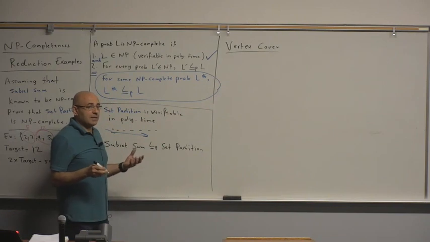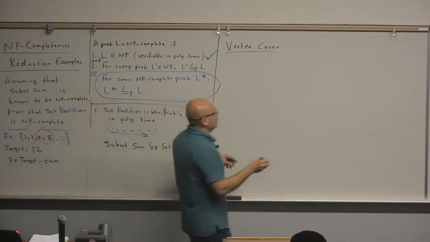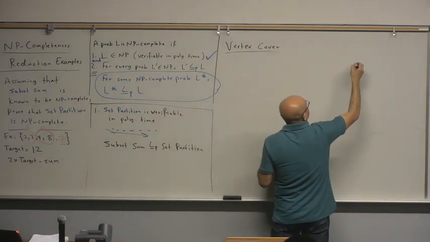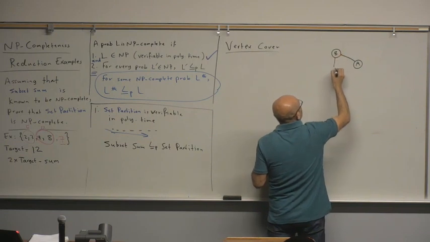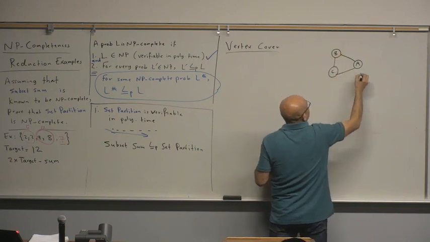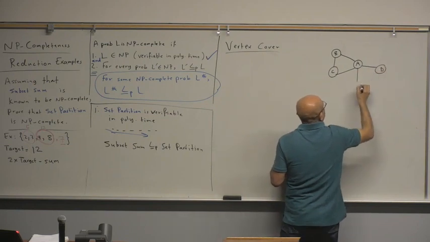So vertex cover is a problem that can be described as follows. If I give you a graph like this, A, B, C, D, and E,